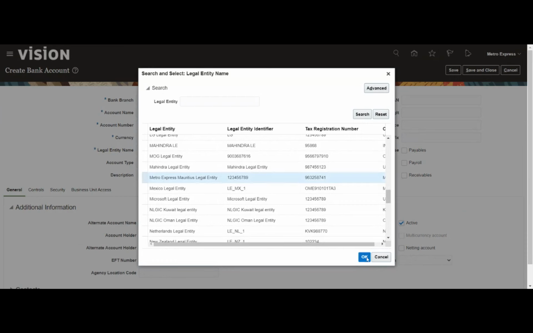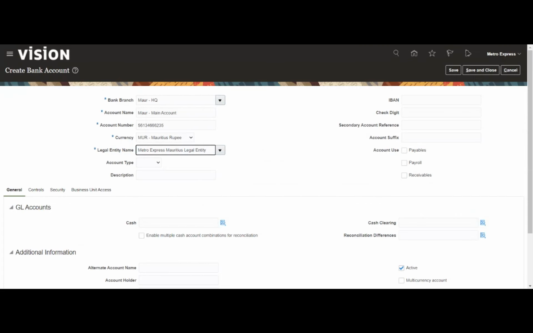Sorry, it's not Mauritius, it is Metro basically. And then if I want to select the account type, I can select. These are optional fields that we can use. For the India case, we will use this particular field for the IFSC code. Since this is a Mauritius-based business, I'm not capturing all those details. I'm just giving the standard mandatory inputs, and I'll give the usage rules. I will use this for the purpose of payables and receivables.